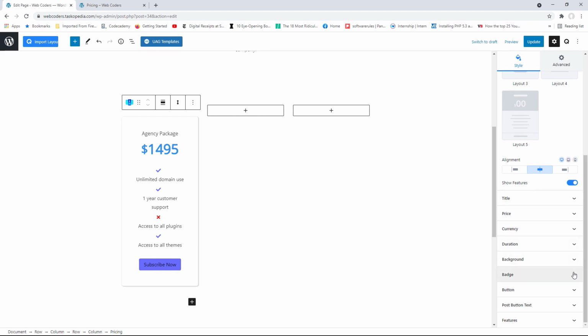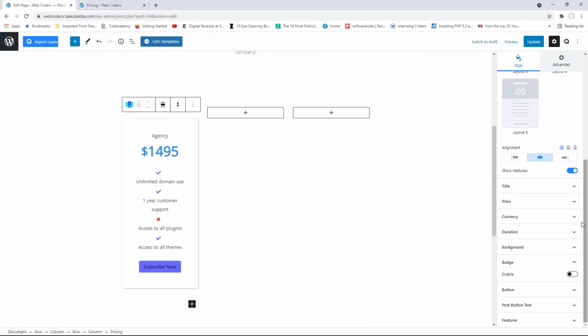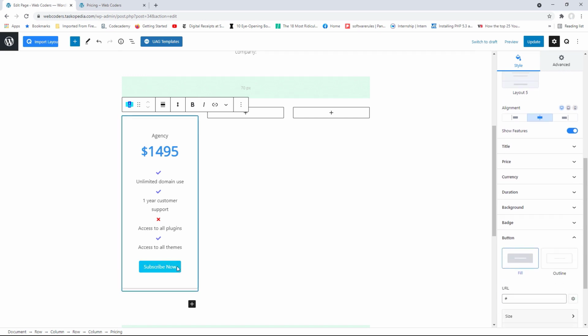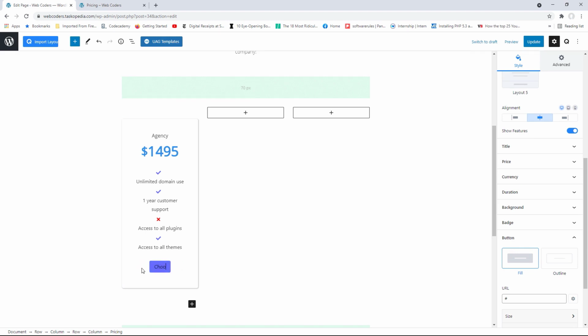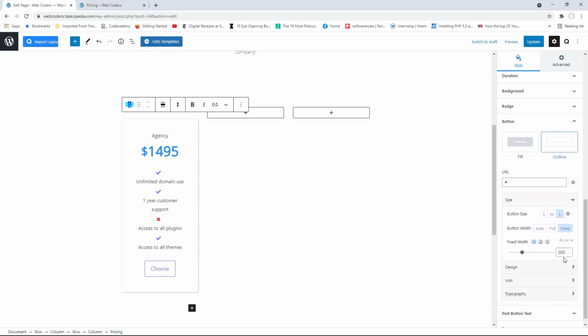Let's scroll down. Now, badge, we will add a badge to the second one, but I will show you how to do that later. So let's just go down in here and change the button design. From subscribe now, let's go with choose. All right, so choose, and let's make some changes. For the style, I'm going to go with outline. And right here where you have the size, we're going to go with the large size, a fixed size of